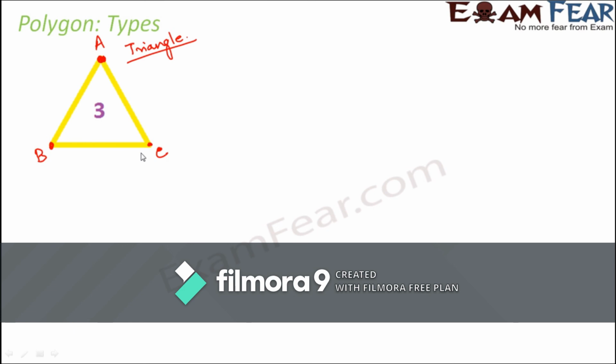Now, you might ask why we started with 3. Can't we have a polygon with 2 sides? We can't have a polygon with 2 sides, because if you have 2 sides, this is how it will be. It will be an open curve. It will not form a closed curve, and a polygon has to be a simple closed curve. So with 2 sides, you cannot form a polygon. Can you form a polygon with 1 side? Definitely not, because in this case, it is not a closed curve again. So in order to become a polygon, you need a minimum of 3 sides. And of course, you can have more sides.